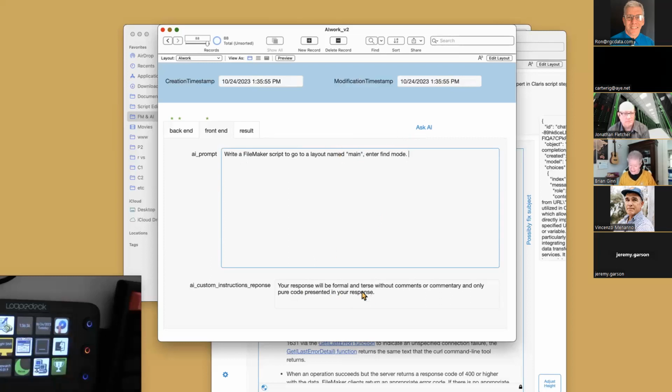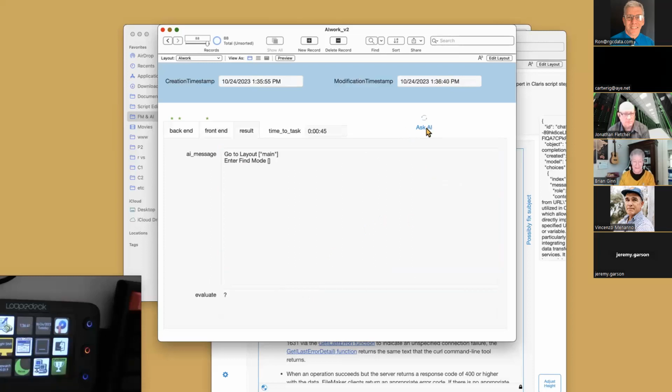But see, if I tell it this, I've tested this a few times, it should come back with a script. I know that was simple, but it'll do it. And I don't expect it to evaluate, of course. Am I the only one that wishes that we could write these out and paste them into FileMaker this way? That may be a real indulgence. I don't know, but we don't have that ability. But I could read this and type it all in. So it will do that.